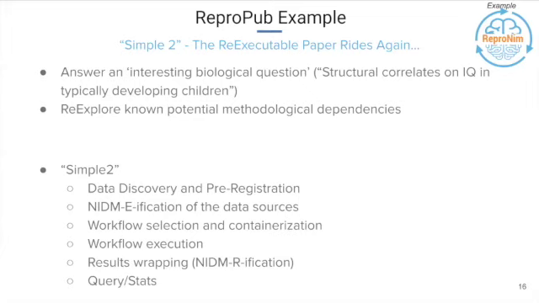And now Simple 2, which is still a work in progress but has an abstract back from the OHBM meeting, is looking at a much more interesting biological question, looking at the literature and a bunch of hypotheses about structural correlates of IQ in typically developing children. So can we take our known public data resources that have children's imaging data and IQ, and can we use the data ohm of the world to